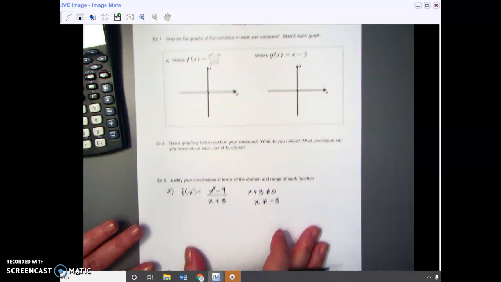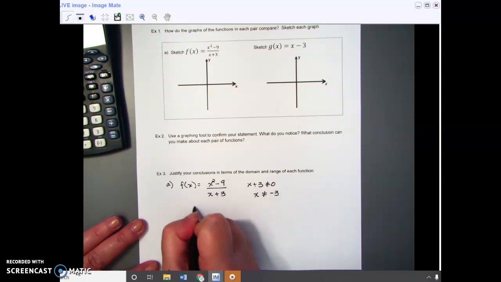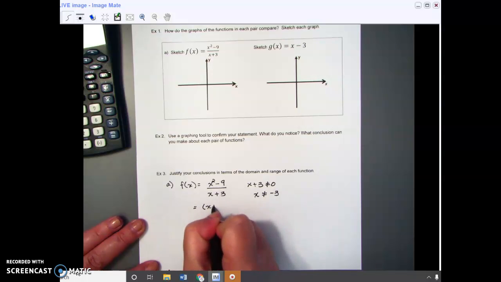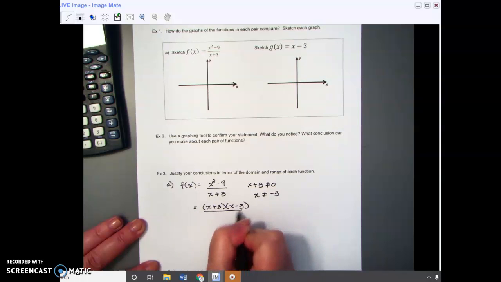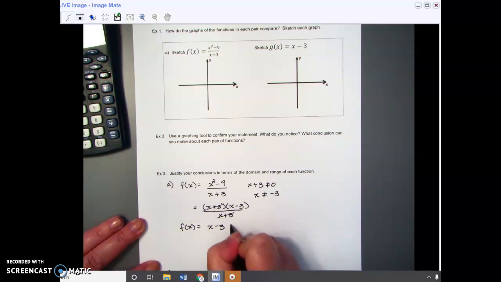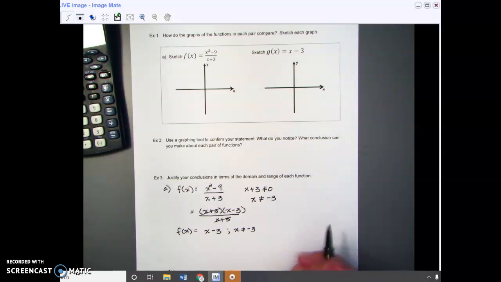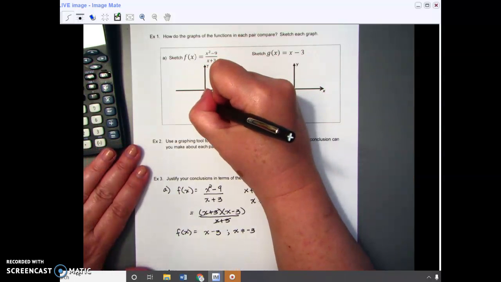And then something else interesting to notice, do you see that we have x squared minus 3 squared? So this is really x plus 3 times x minus 3 over x plus 3. And so we can actually get these two to cancel, and we get f of x is equal to x minus 3, but we have the restriction as long as x does not equal negative 3. So this means that I have an intercept at negative 3,